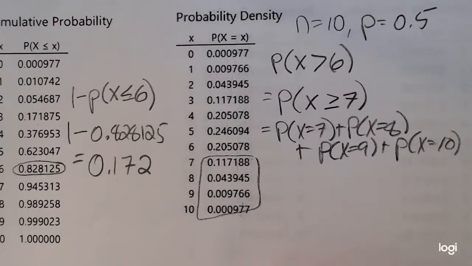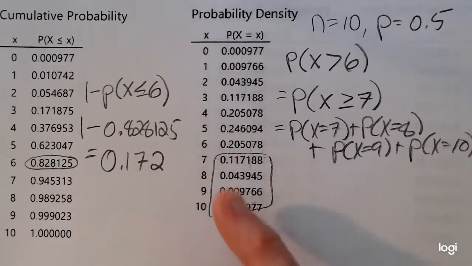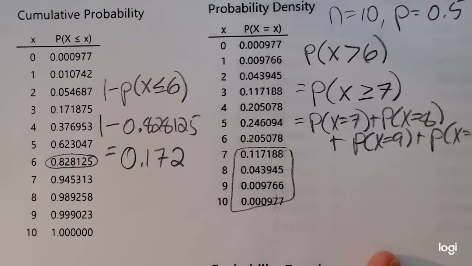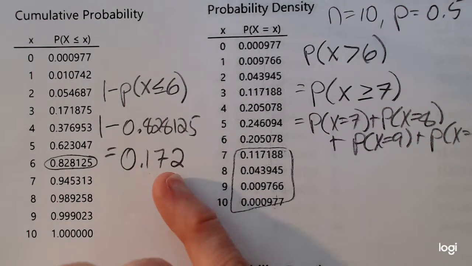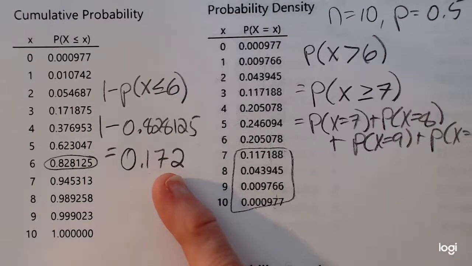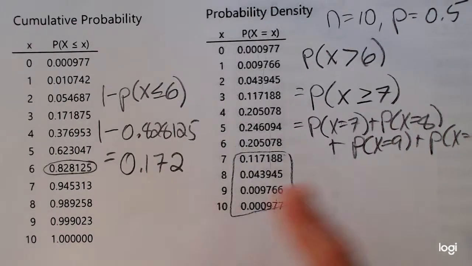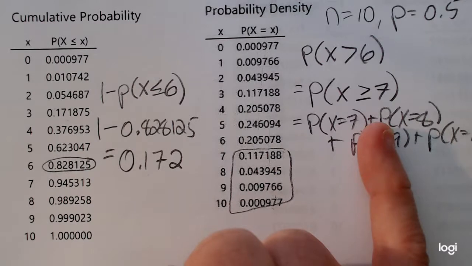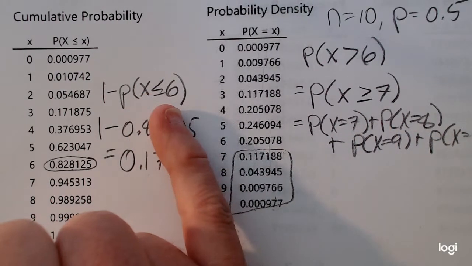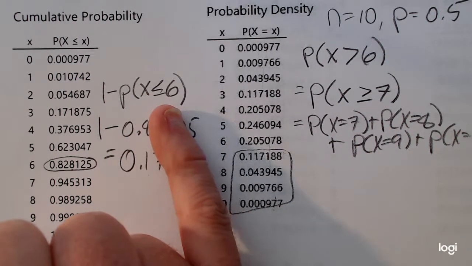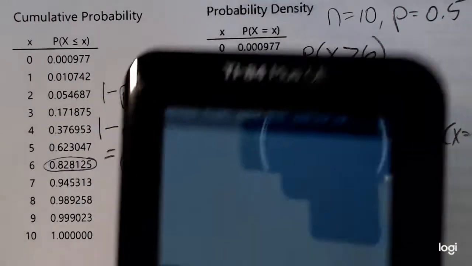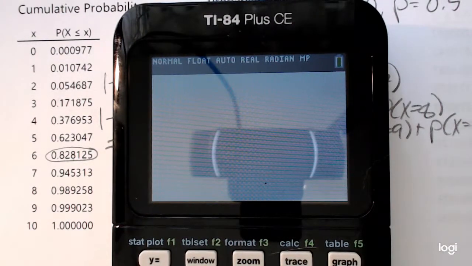Again, we could find the individual probabilities and sum them up from 7 through 10. But a quicker way to do this, and we saw this visually in my previous examples, was we could use the CDF, or the cumulative distribution table, and subtract from 1. So the probability x is greater than or equal to 7 is going to be 1 minus the probability x is less than or equal to 6. So to do that in the calculator,